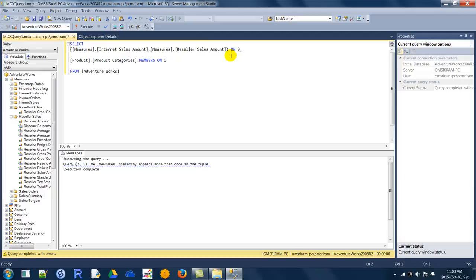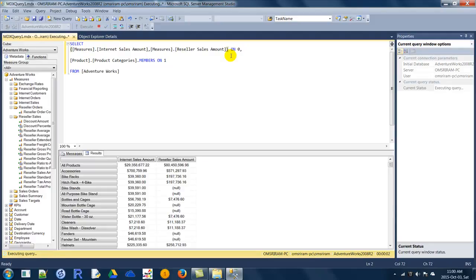I want internet sales and reseller sales for each product. What we'll do is use the curly braces, which will consider these as different tuples from the same dimension, and combine them and consider it as set members. So now you can see internet sales amount and reseller sales amount for each product.